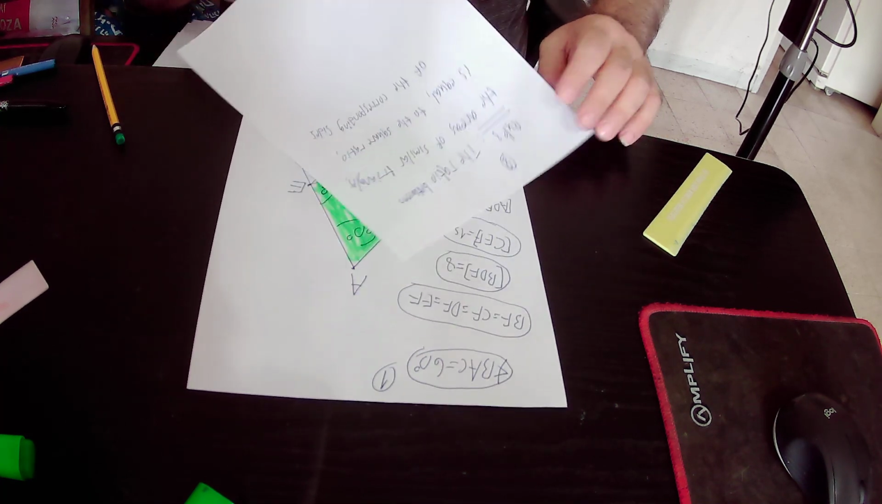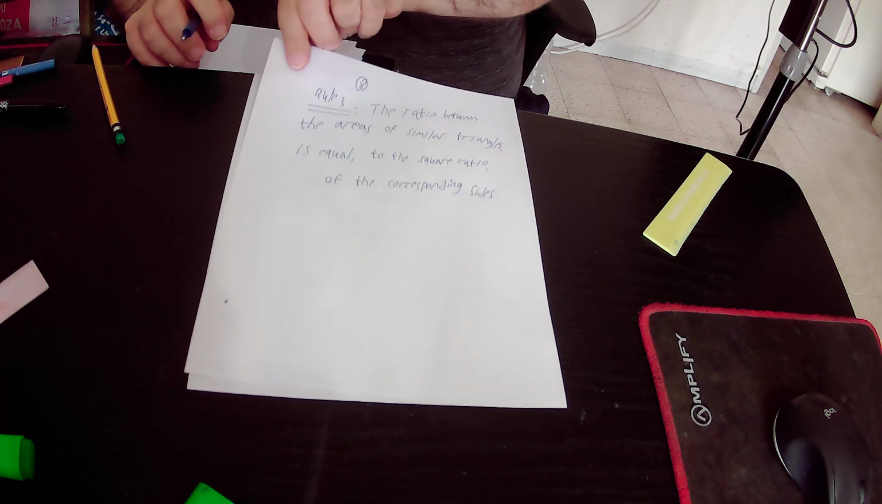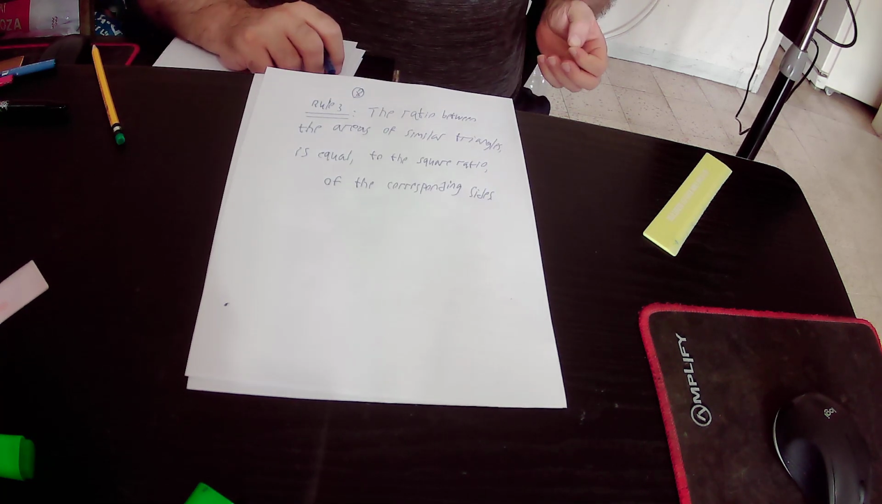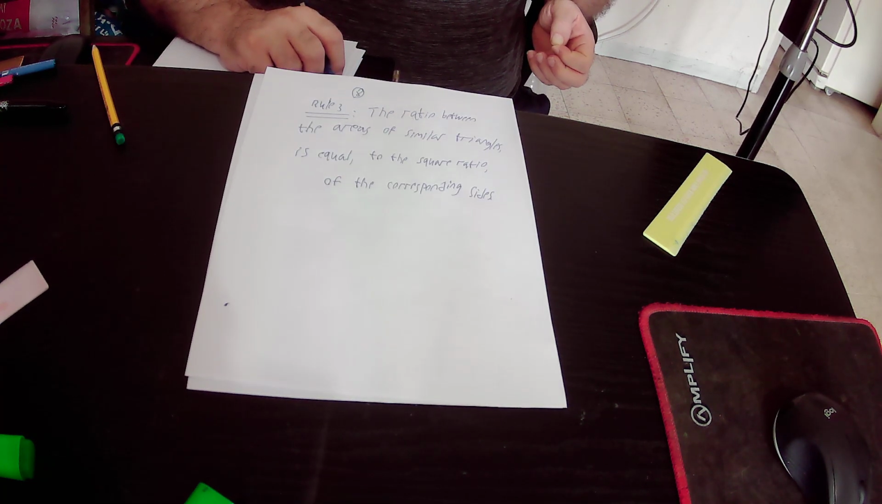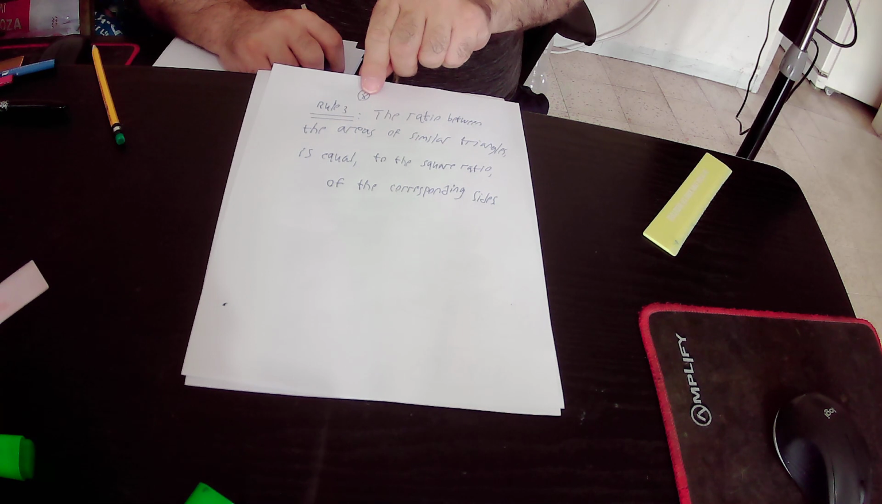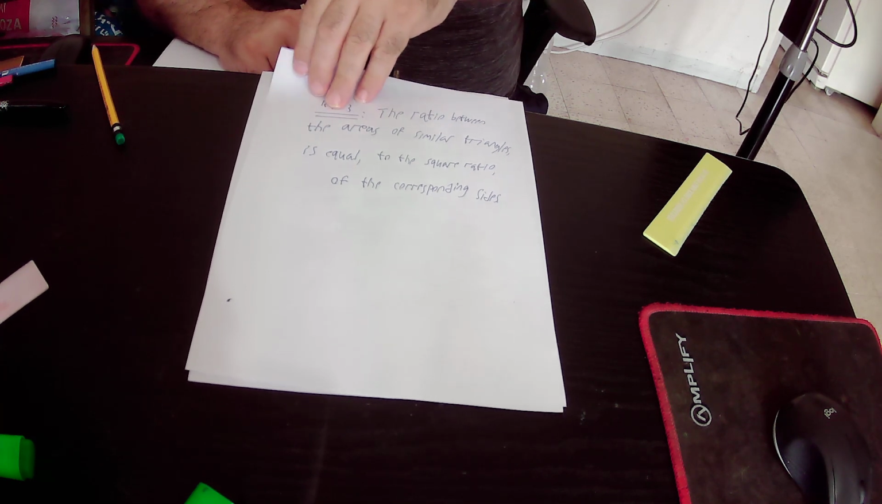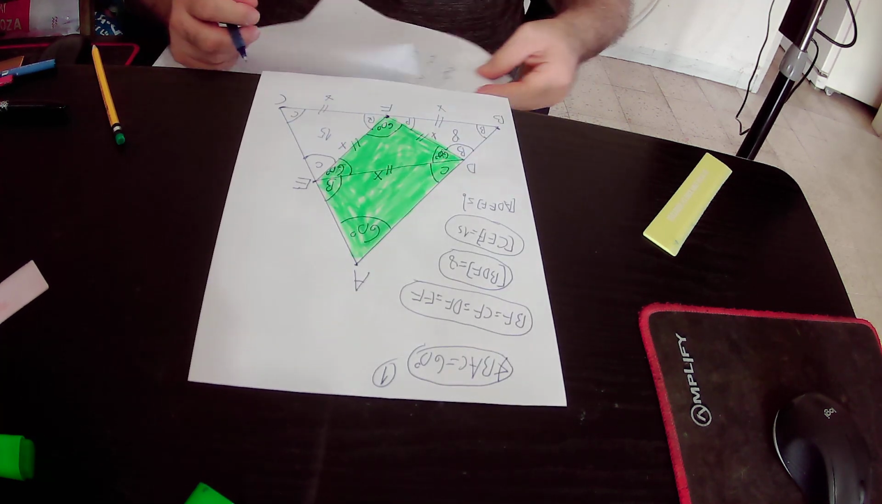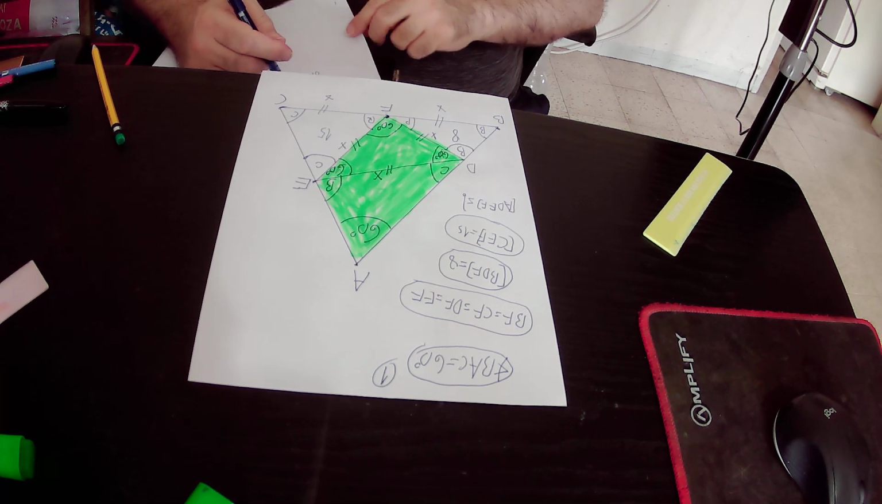I will read rule number 3 again. Rule number 3 states that the ratio between the areas of similar triangles is equal to the square ratio of the corresponding sides. Okay, so according to rule number 3,